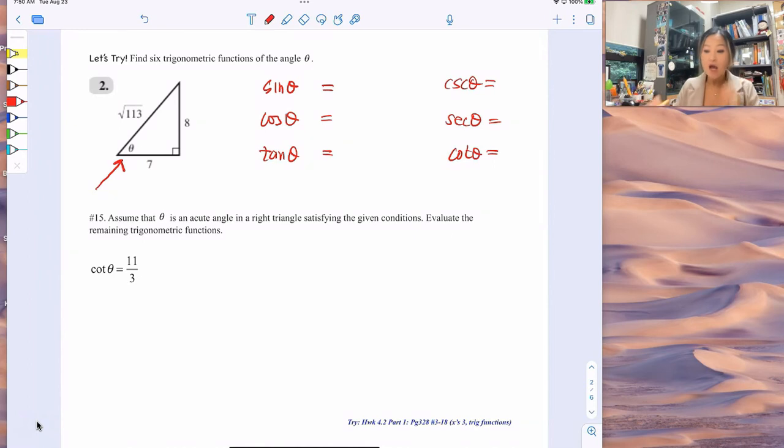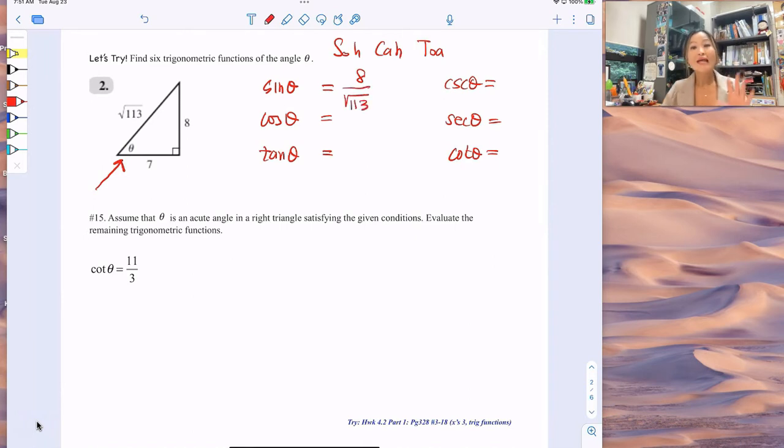Sine of theta is SohCahToa, right? If you still have to write this every time, go for it. Sine is opposite over hypotenuse, so you have to look opposite, across. So you get 8 over